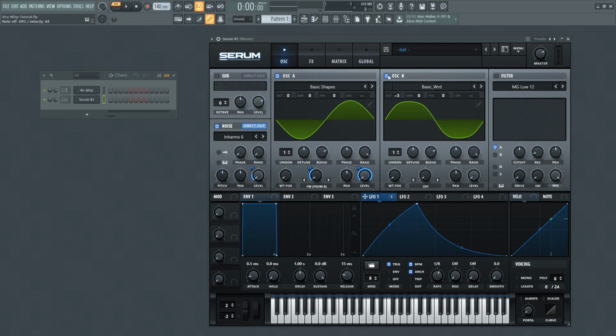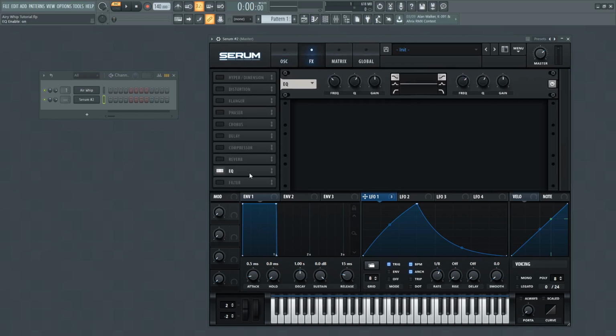The only thing we now need to do is EQ the crud out of it so that we can get more of our highs, and we're going to start with the in-house EQ, and we're going to crank this up to about 1200 right here on the frequency. Q we're going to bring down to about 55, and then the gain we're going to bring about -12, and we're going to click the notch right here, and it's just going to take out some of the frequencies that I found problematic. And then we're going to leave Q the same. We're going to leave the gain all the way up, and then we're going to put the